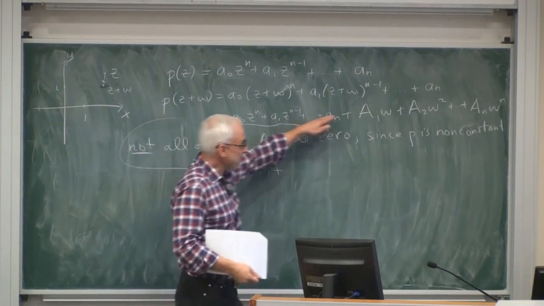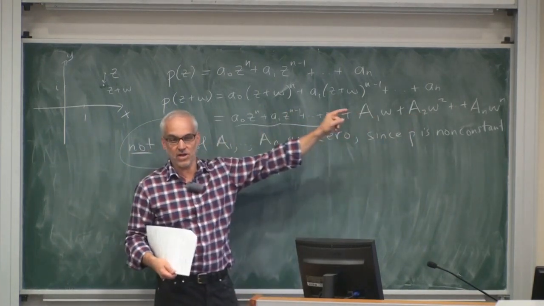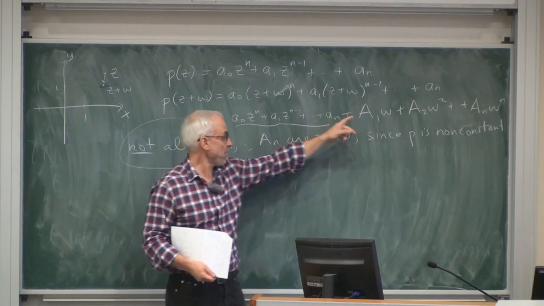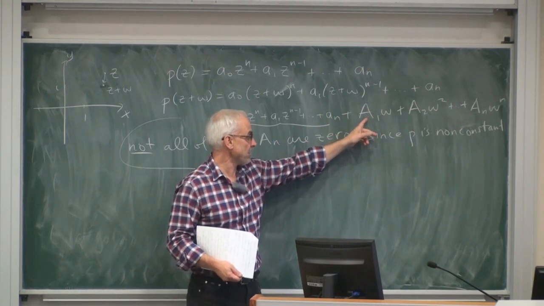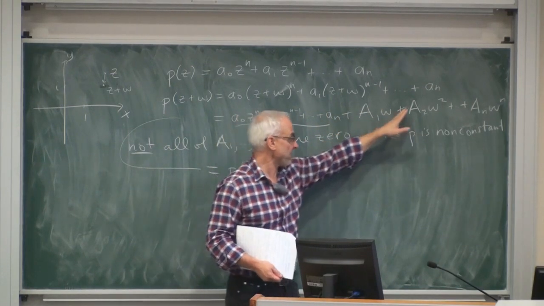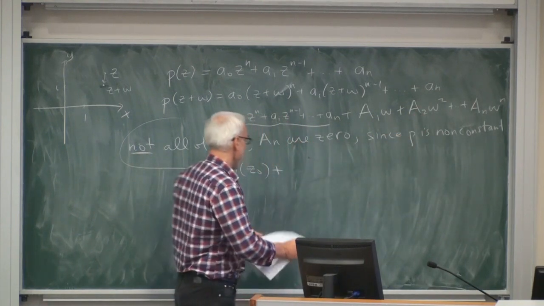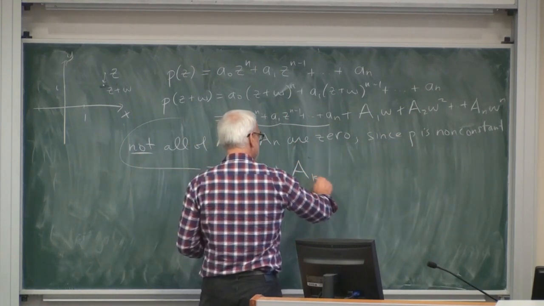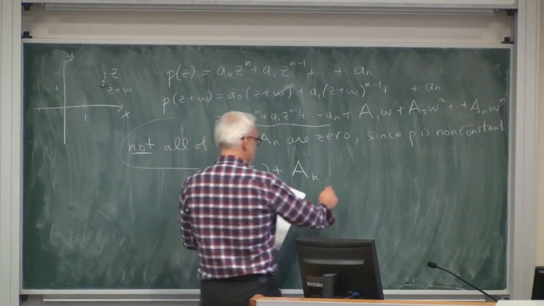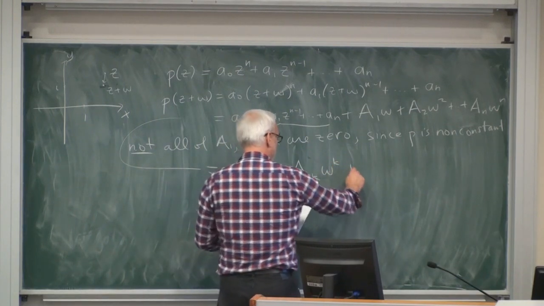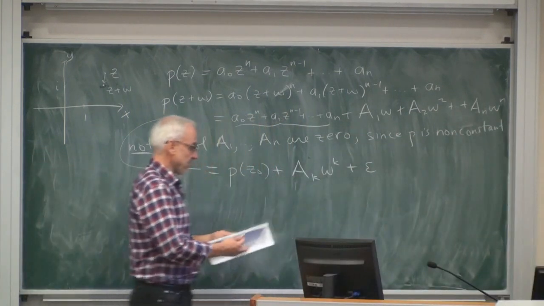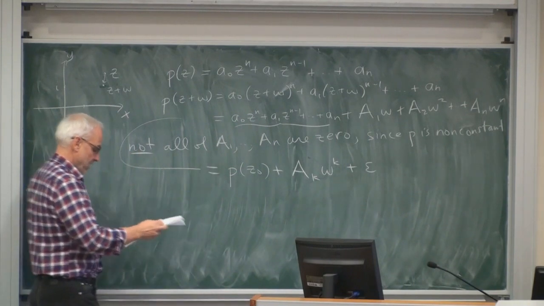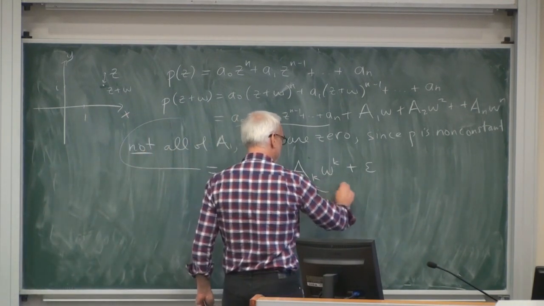And then we go down this list and find the first one that's non-zero. It could be that this is non-zero, in which case we'll use this. But if that's 0, we might have to use a2, or we may have to go down further in this list. So we'll suppose that the next one is a sub k w to the k. And then there's some other stuff which I'll write as epsilon, the rest. Okay, so this is the first non-zero